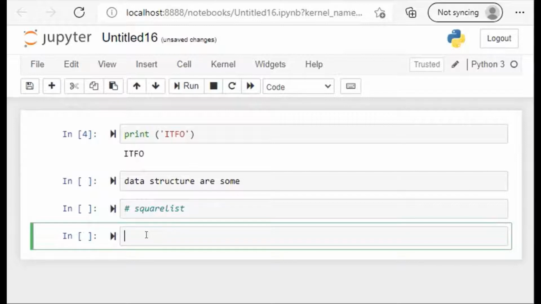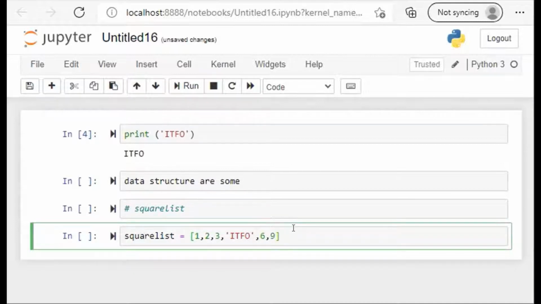For example, we have a square list having elements like 1, 3, 5, 4, and the others are 6 and 9. So these are the 6 elements, for example.